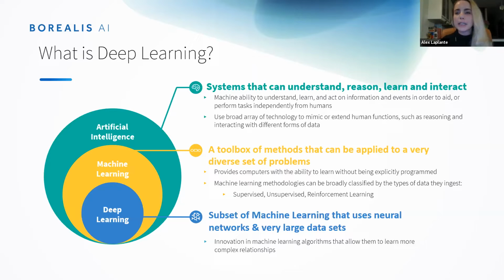Another term that's very commonly used in the ML space, of course, is deep learning. A subset of what we do at Borealis is deep learning. Not everything that we do at Borealis is deep learning. Generally, what deep learning means is it's very large models, highly complex, and lots of data. We're talking terabytes of data to build out these algorithms.